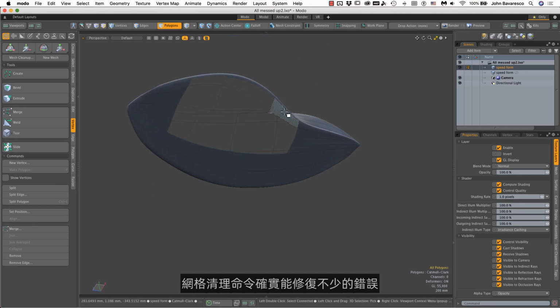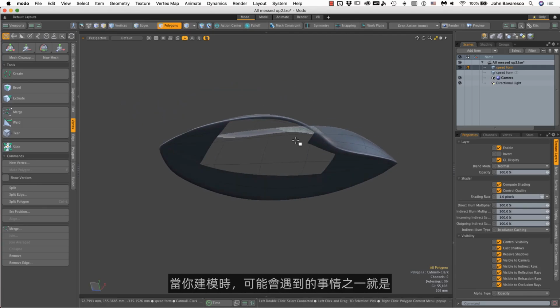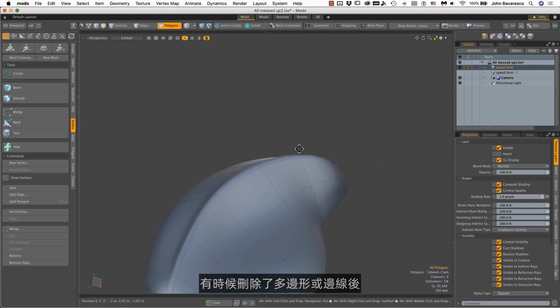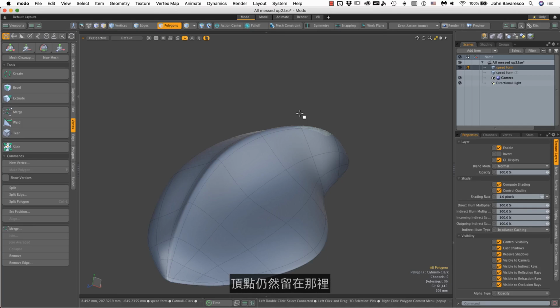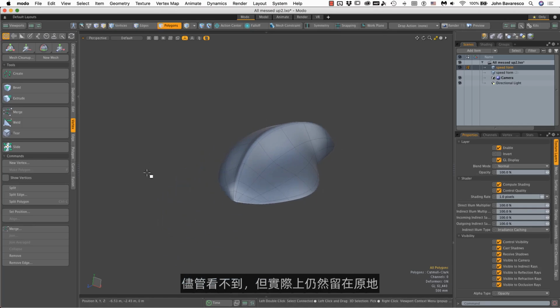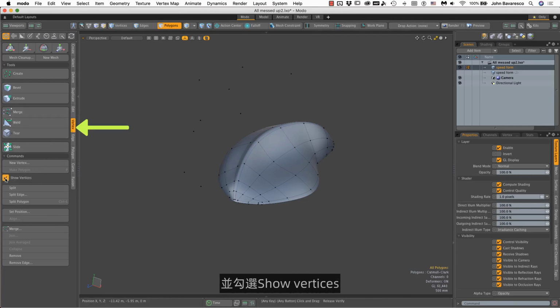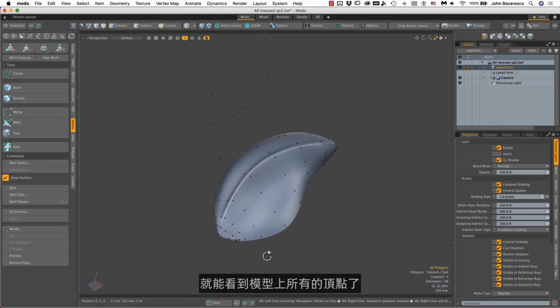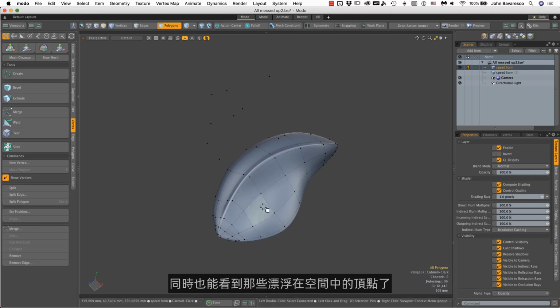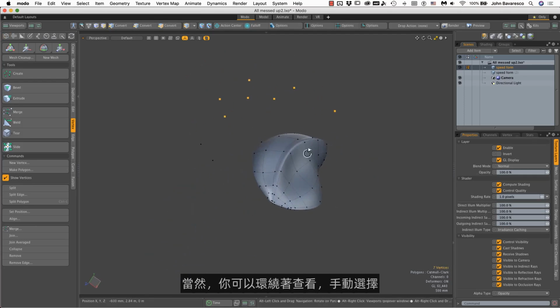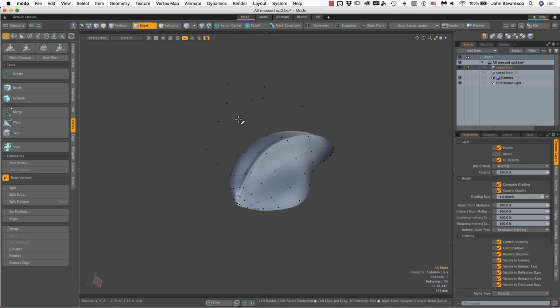Mesh cleanup does forgive a whole host of errors, and one of the things that you might run into when you're modeling is when you sometimes delete polygons or edges, the vertices still stay there. They still stay behind. And you can't see this because by default, Modo hides the vertices. So if I go into vertex mode here, this vertex tab here, and go show vertices, I can see all the vertices on the model, but I can also see the ones that are floating in space. Select that. So you can go around and select them by hand and get rid of them,